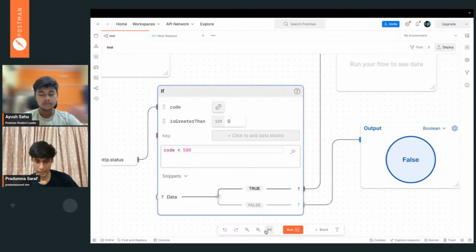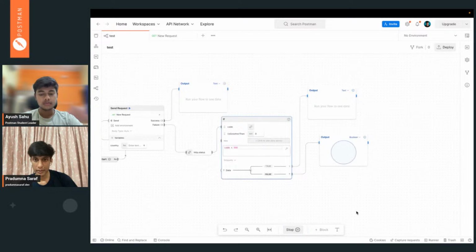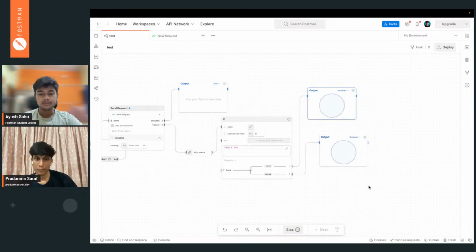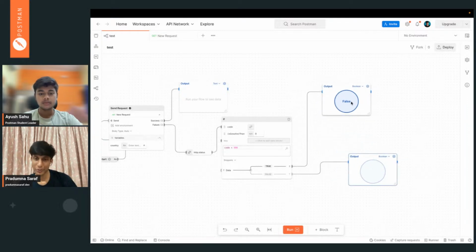And if we run this thing, okay, we will change to Boolean here as well. Just to tell you, there is a bug with the true block. It should print true, but this time the true block is running. We have two blocks, one for true and one for false.